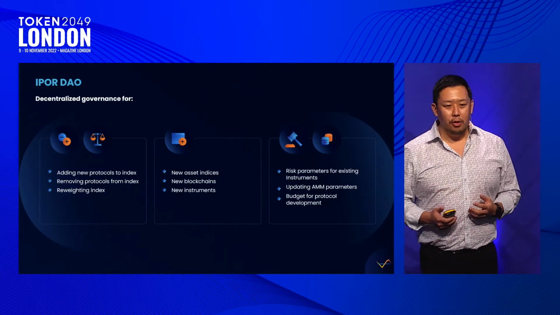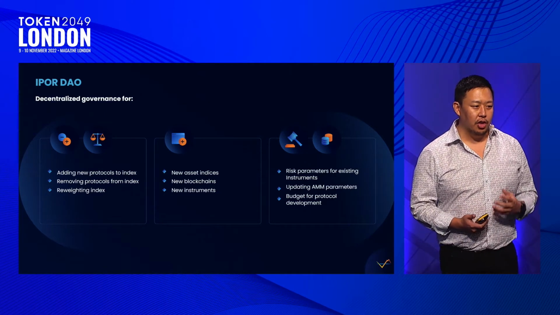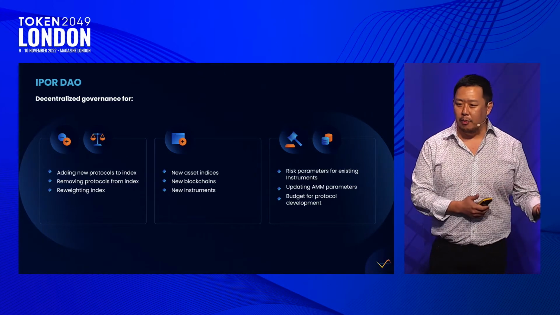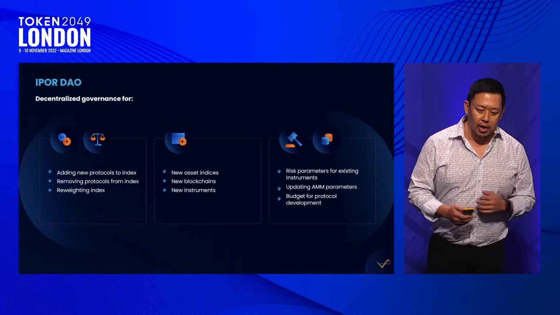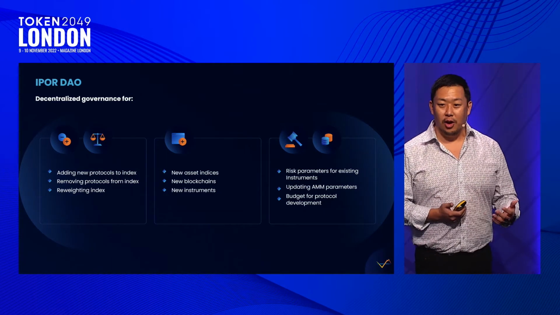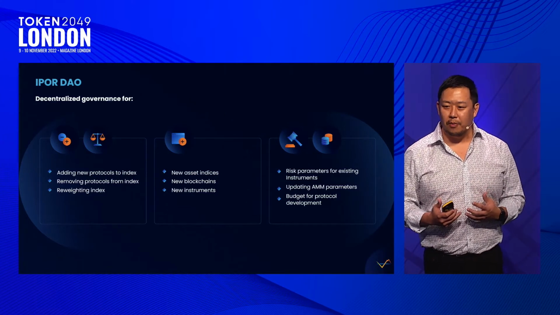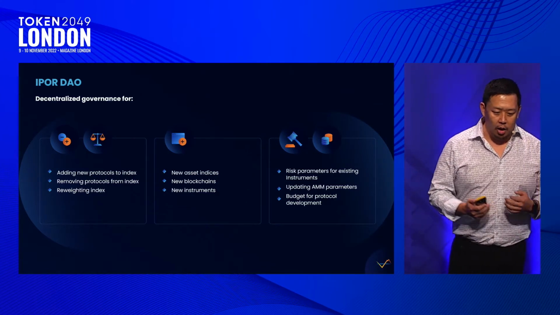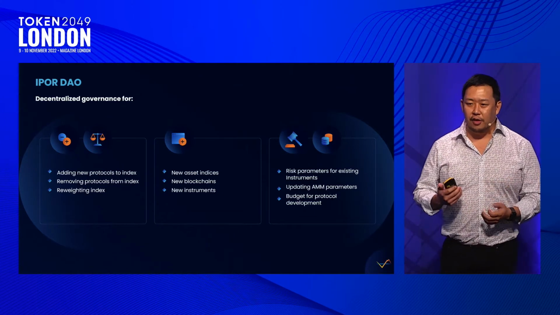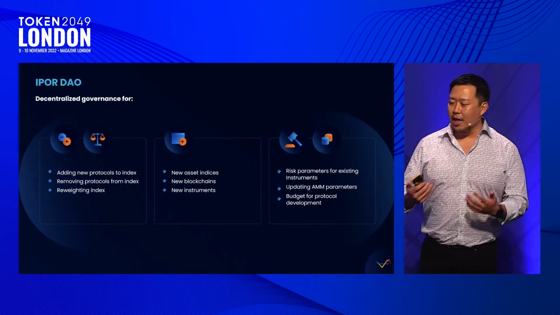So actually the IPOR DAO may be one of the most interesting places where there will be decentralized governance that's available to, let's say, keep out something like the manipulation of the LIBOR. So for example, how do you add new protocols to the index? Well, that's a great question, and you won't be asking me that. It'll actually be a governance decision by the IPOR DAO. Okay, so how do you remove a protocol from the index? We know that DeFi protocols are innovative, they are fast moving, and sometimes they get hacked.